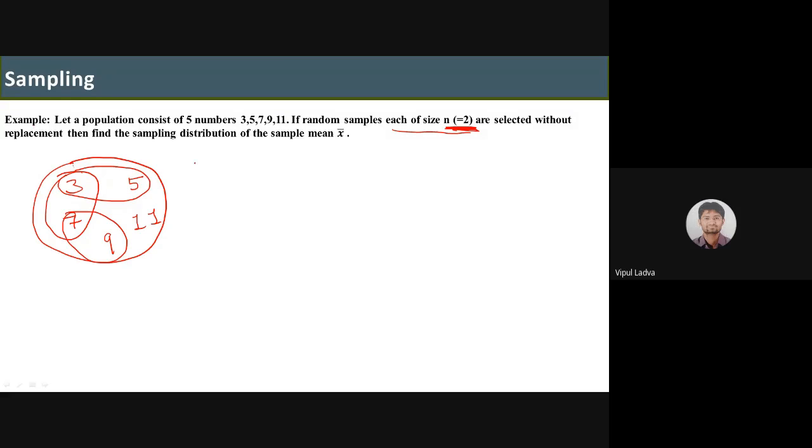Now what they're asking from us, find the sampling distribution of the sample mean. Now as I say that we are looking for sampling distribution. Now what we mean by sampling distribution, अगर मैं अभी पिछली slide में जो हमने बात की थी, sampling distribution means we need to have one table in which we'll be dealing with that particular statistic, and that statistic right now is mean for the sample with that frequency, कि उसकी frequency क्या है. So we will prepare that particular table now. Now first of all,